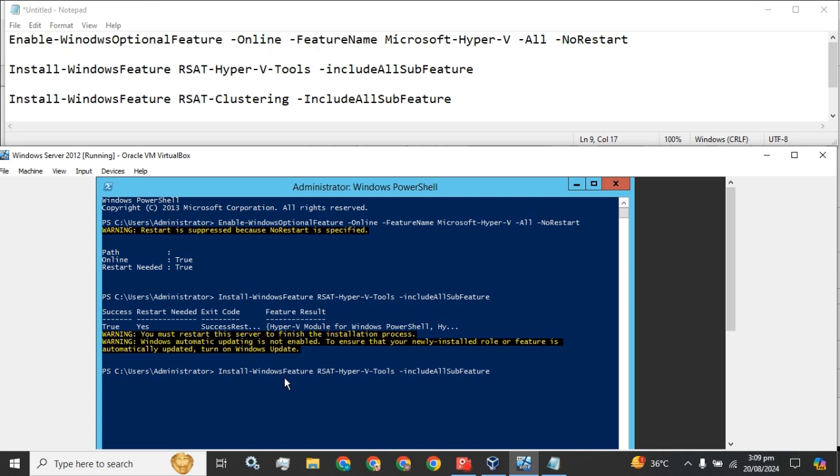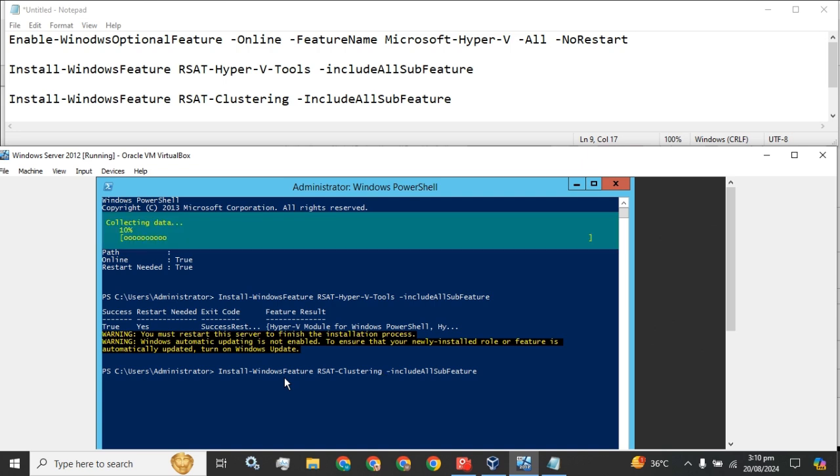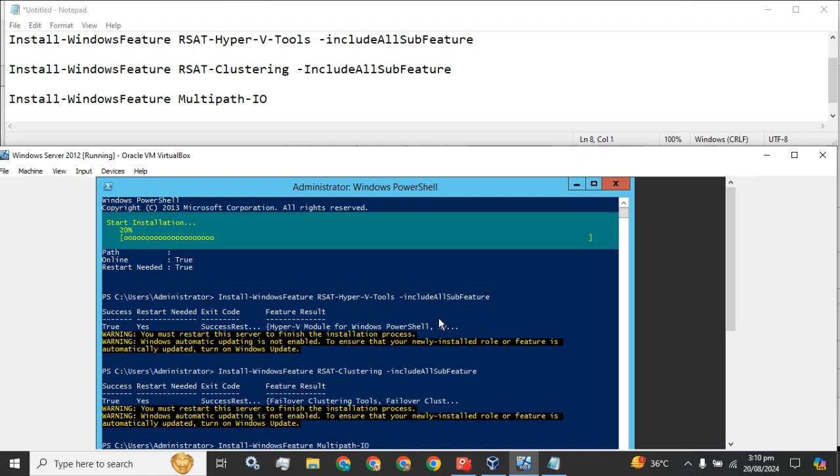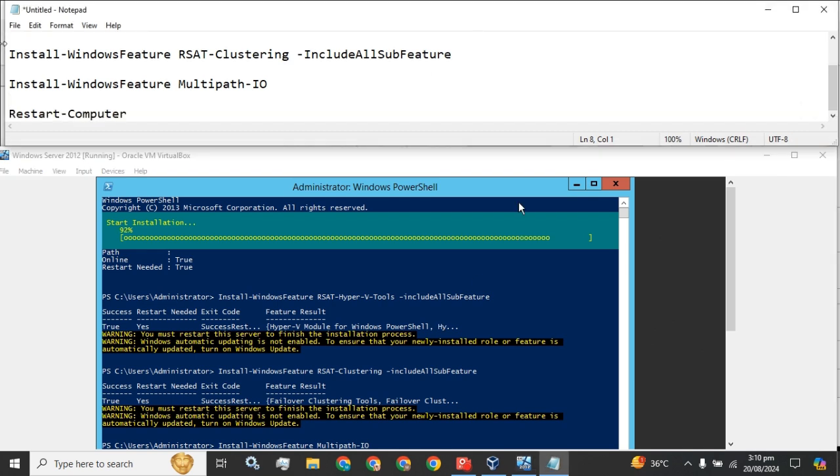Now Install-WindowsFeature RSAT, and we have to replace this with Clustering, and we will press enter. Now we have to run the fourth command,